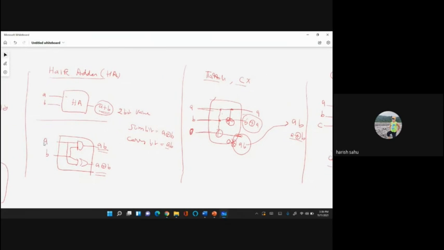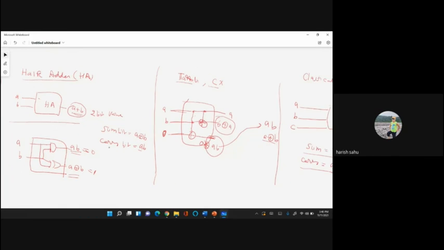See here, if these two bits A and B are input, the carry is basically AB. Suppose I get this carry as 0 and the sum as 1 as output. Can you tell the inputs A and B uniquely? It is not possible. We have two options possible for it. We cannot uniquely traverse in the reverse direction.